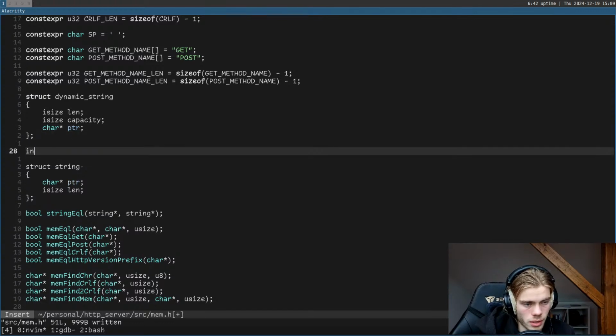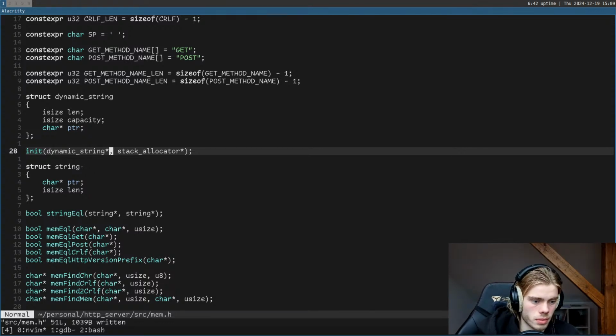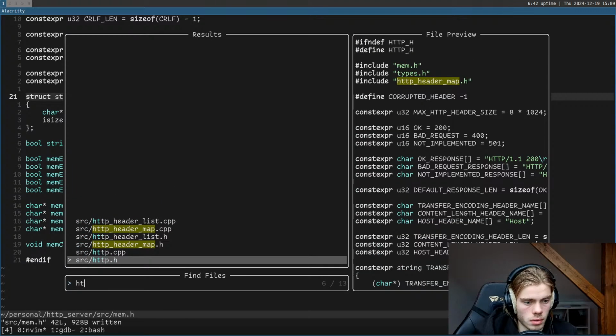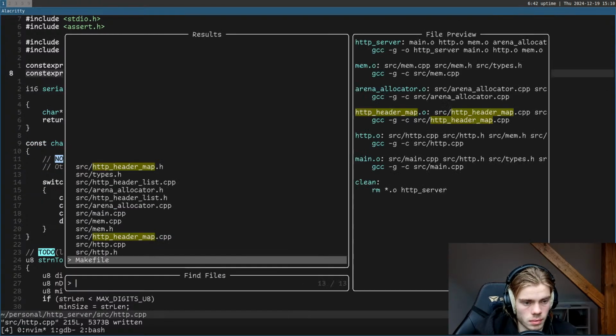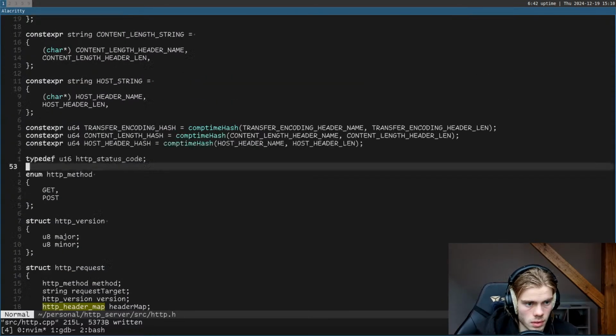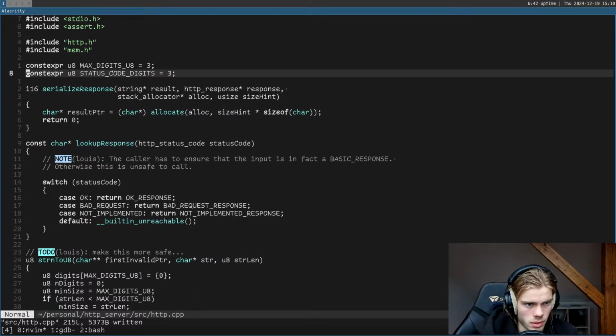So let's say this has methods in it, and this init takes a stack allocator. All we do is we extend the type inside our HTTP. We say, so we don't want to expose this probably. So struct